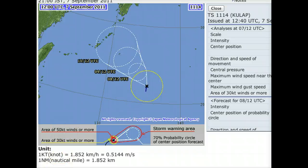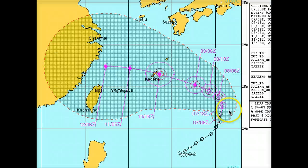We do want to switch over to JTWC's forecast track though, and they bring this basically just starting slowly off towards the north and then switching off towards the west as that high pressure ridges in off here towards the northern portion of it, and it brings it straight towards Okinawa as a typhoon. Based on this forecast track, people in Okinawa should already start making preparations for this coming system, but also I do want to highly stress that anywhere here in the Ryukyu Islands and even southern Kyushu should closely watch the